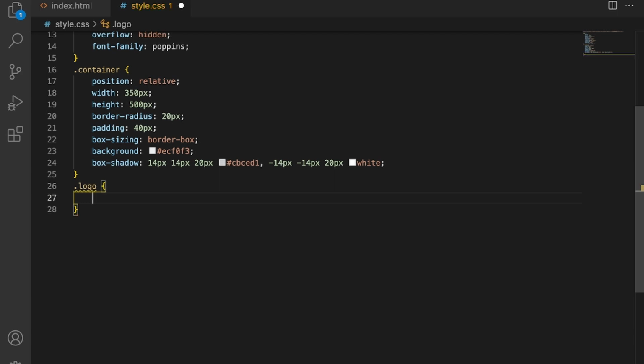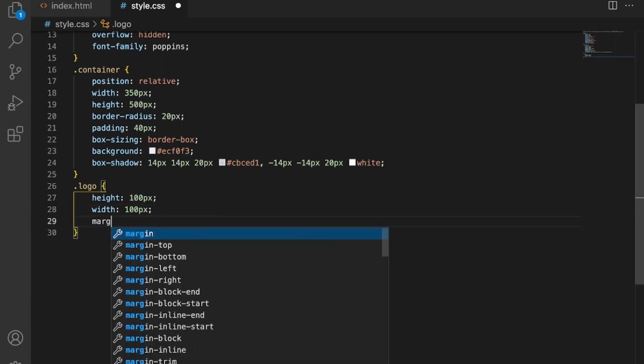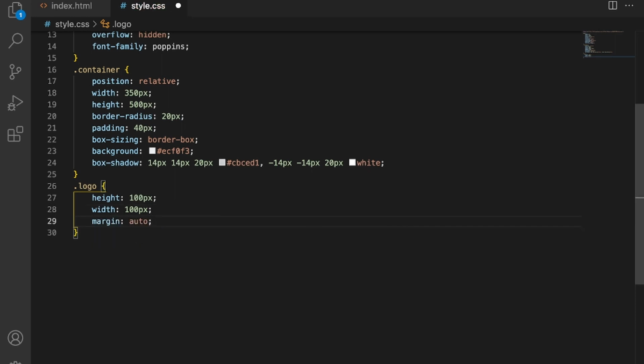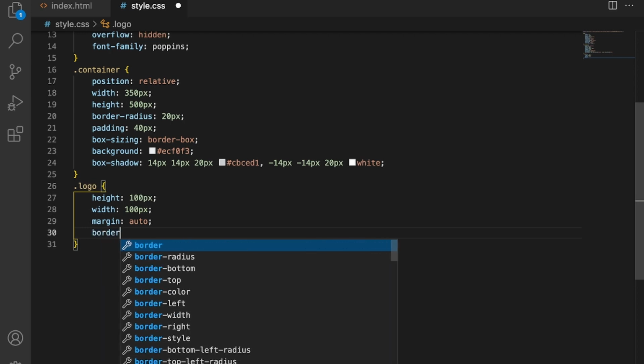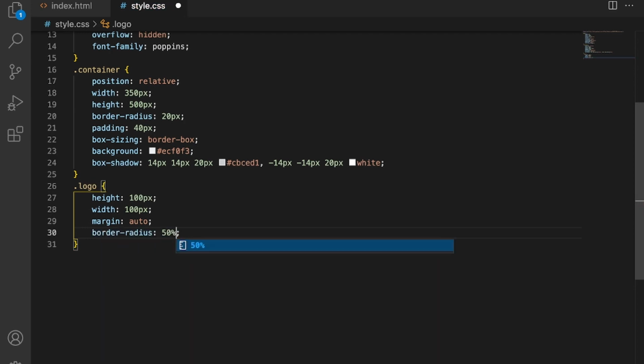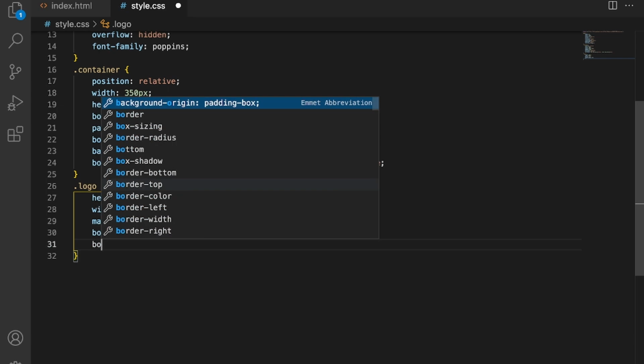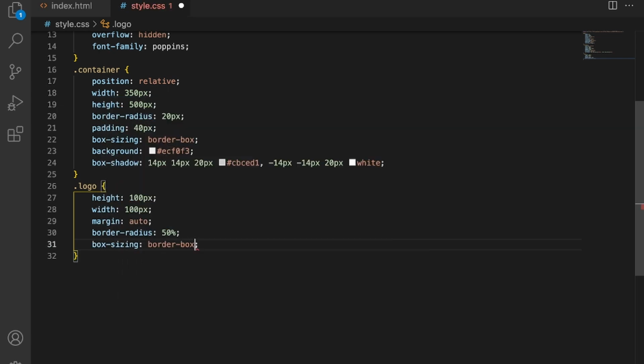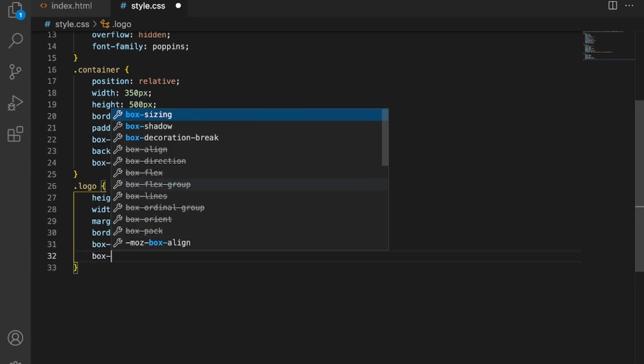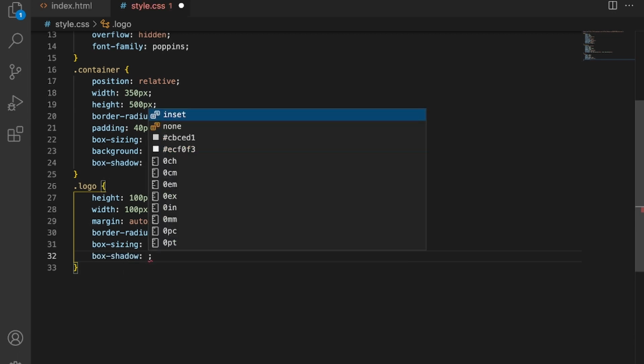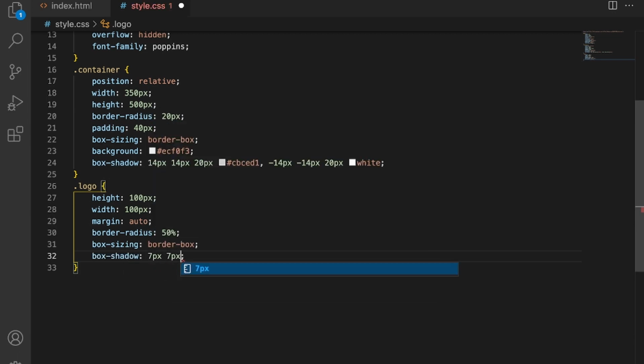So here I will write logo and height 100 pixel, width 100 pixel, margin auto, border radius 50% and box sizing border box, shadow 7 pixel and 10 pixel.